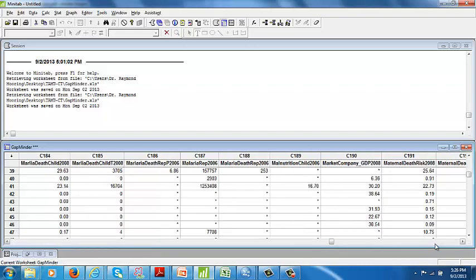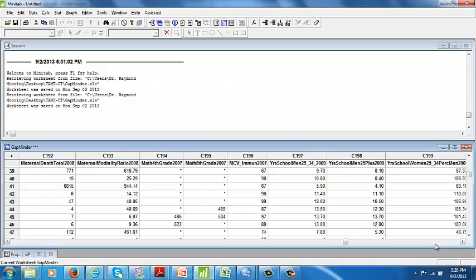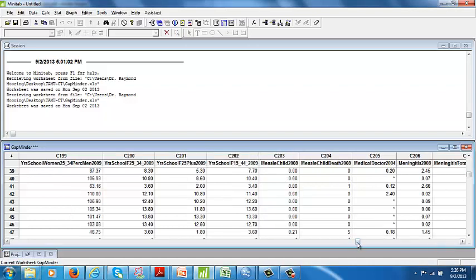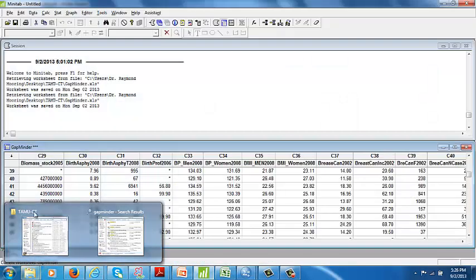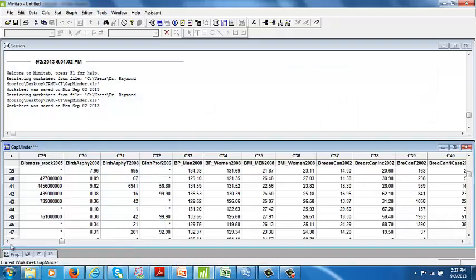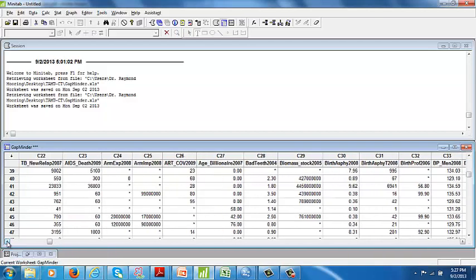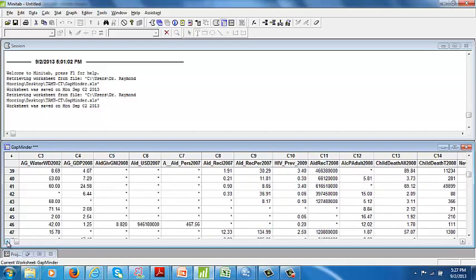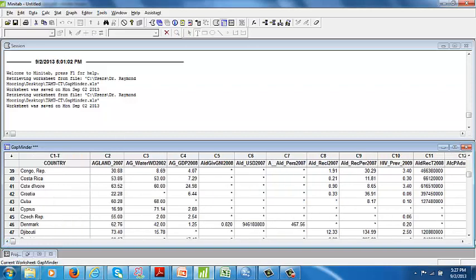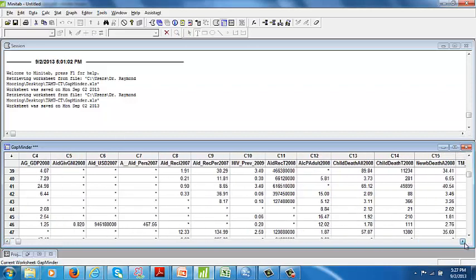Not far enough. Let's see. Okay, let's get that out of the way. Okay, so while I go to find the body mass index one, we'll show you, in order to make a histogram,